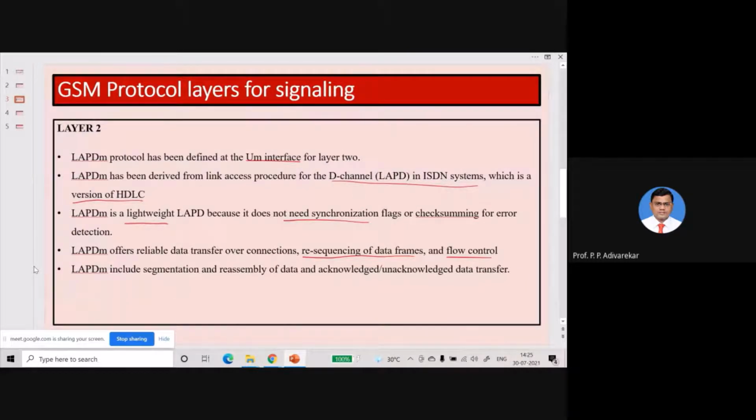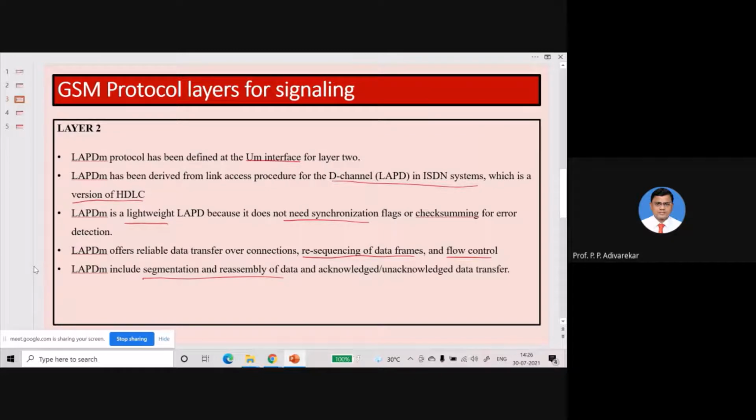Based on that, the transmission flow is controlled, so flow control is managed by LAPDm. Also it does the segmentation and reassembly of the data, depending on transmission and reception. While transmitting it segments the data, and while receiving it reassembles the received data. Okay, so LAPDm is responsible for that.